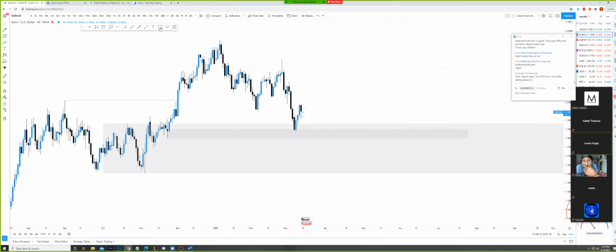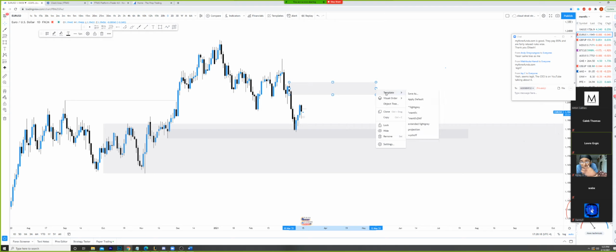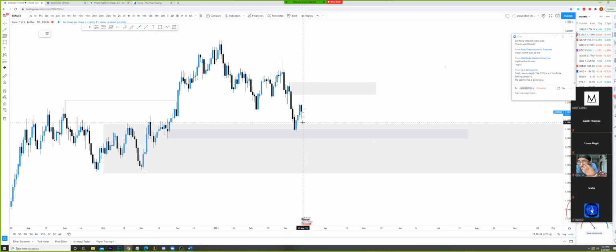Now again, this actual supply zone can be refined either to this or to the actual last up move. So we still have a lot of up movement that can still occur to get up into those areas, and that's perfectly fine. So the expectation is that if this bullishness is to continue, it should at least continue into the mitigation of this here, or then of course the higher zones up here, which can also be the case. But right now all I want to see is bullishness to here, and that's a fine bias because we're on the daily and we have a lot of movement that can still make its way up into here, right?